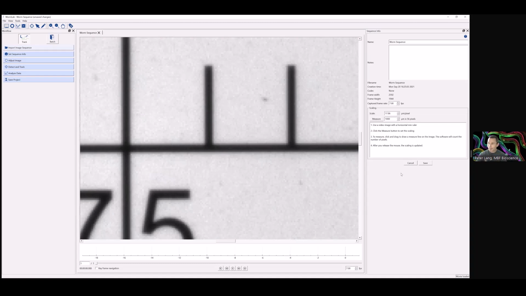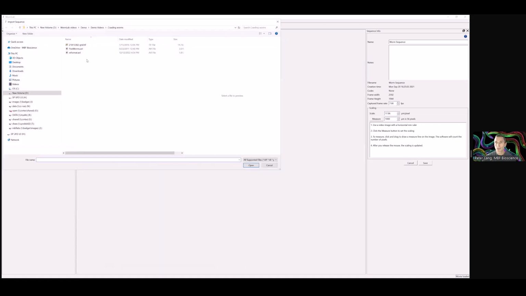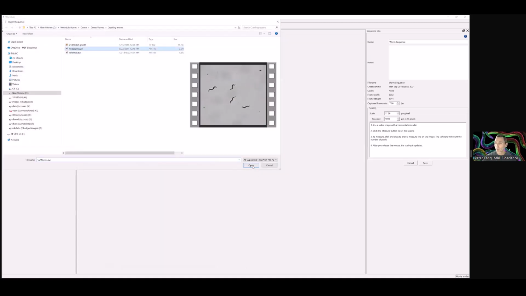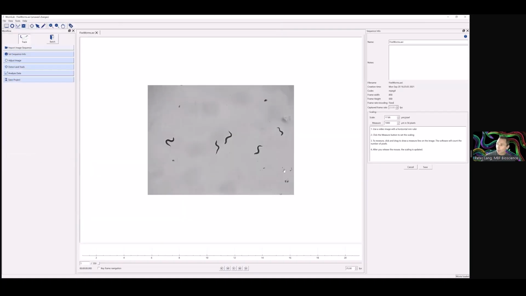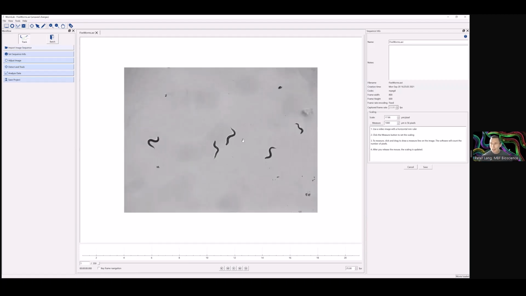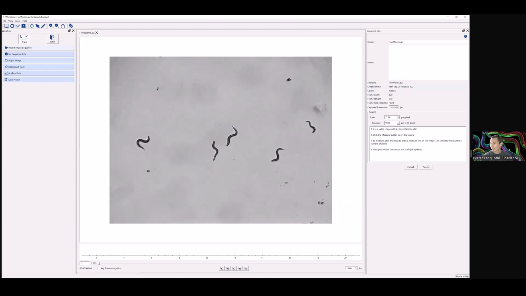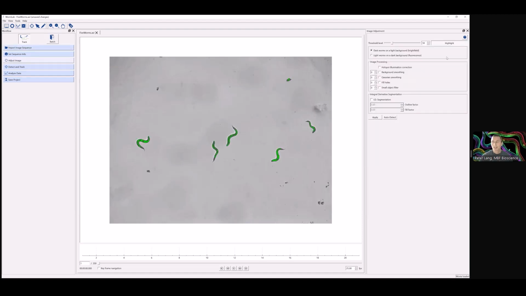So once this step is actually completed, you can save that. You don't necessarily need to do this for every video. As long as your acquisition conditions remain the same, you can just utilize that scaling by entering it at this step in the workflow. So now that we have our scaling set, save that, we'll go on to our next step. So in our next step, what we're looking to do is actually define